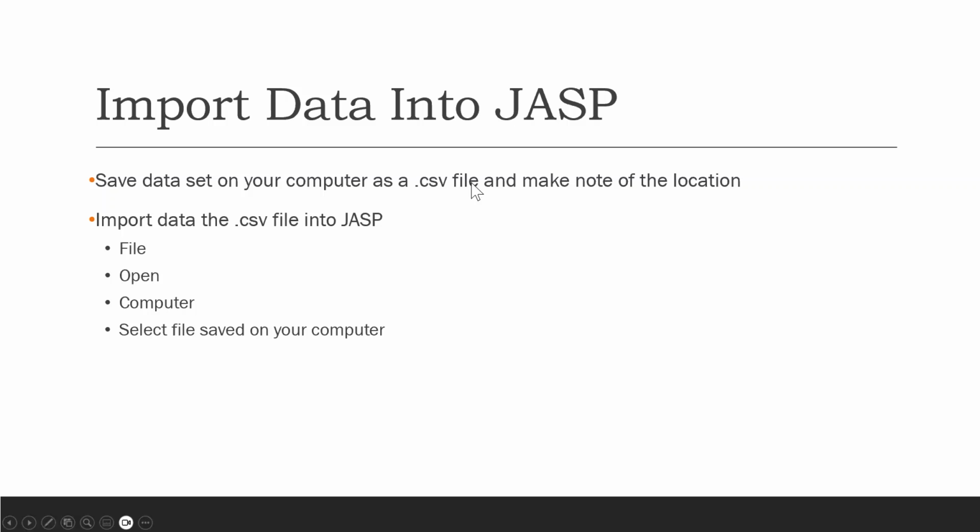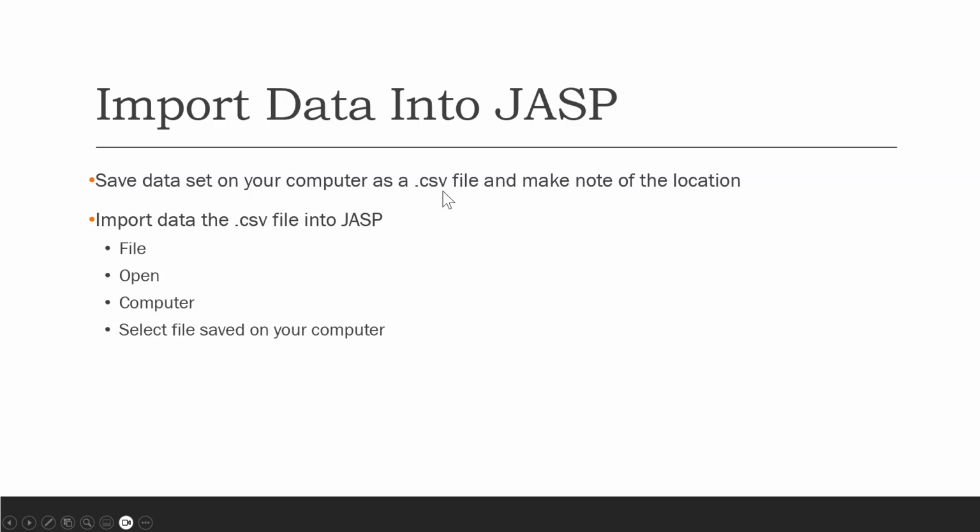It was recently the case that it could only import .csv files, comma delimited files. I think it can now import Excel files, or .xlsx. But for us, let's just stick to .csv files